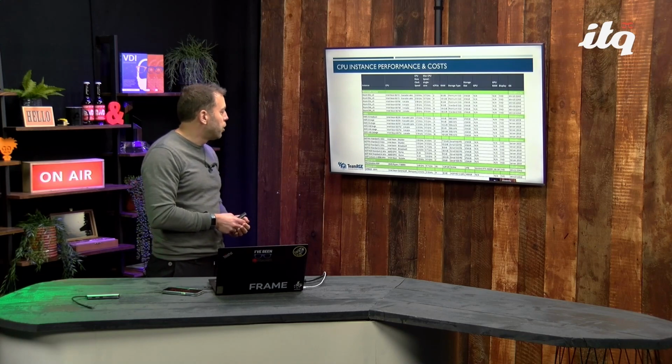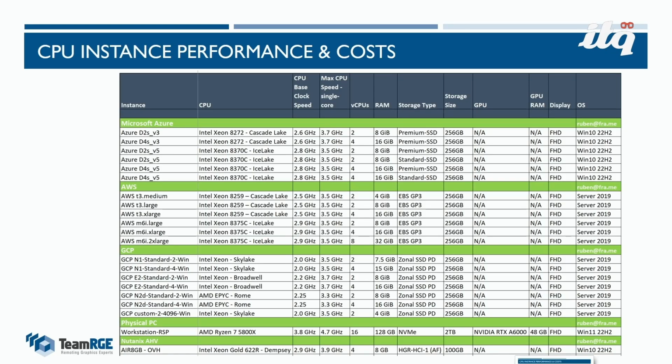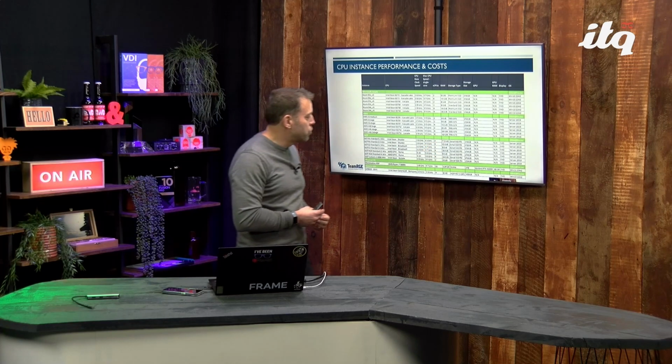Well, you can zoom in a little bit better. But the essence is different machine types here. On the Azure side, I often see the D series V5 in single-user or also multi-user environments. On the AWS side, T3 and M6 are the two major family members here. And on the Google side, you have N1, A2, N2 with different CPU types, different clock speeds as well. Overall lower clock speeds compared to Azure and AWS, and overall also faster storage. Right now we don't talk about storage performance in this session, but Google is doing really well from a storage